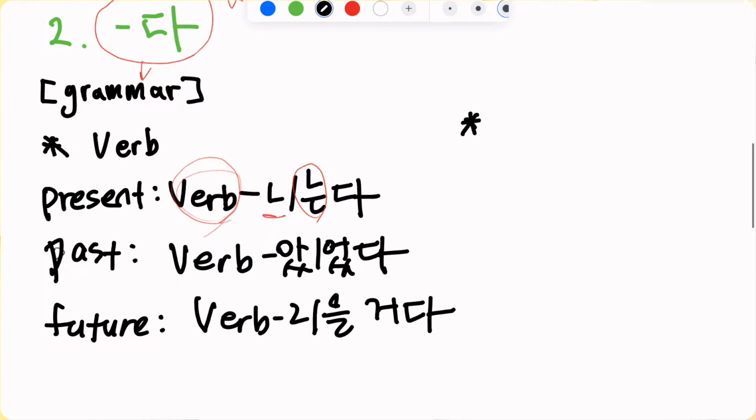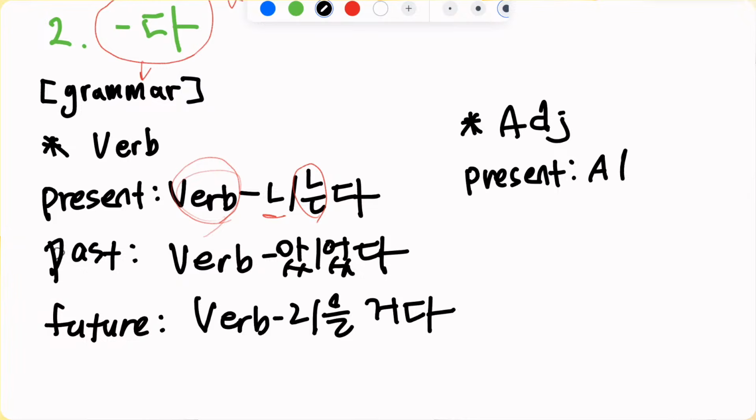그리고 as for adjective, it's a lot easier because for present tense, you don't have to add any suffix. So for present tense, it would be the same as the adjective's dictionary form because you don't add any suffix and then you just put 다 after the stem, which makes it the same form as the dictionary form, right? 그리고